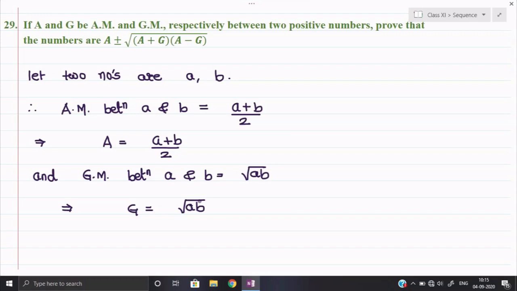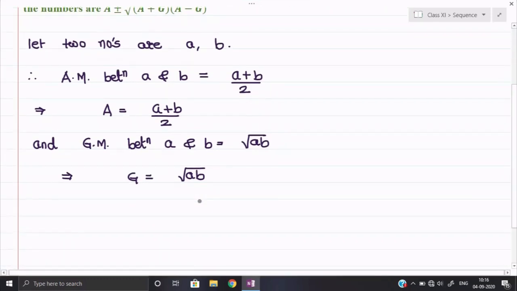However, if you see this question's solution in some other books, you will find the solution is a bit lengthy, but if you approach it in a simpler manner, then we shall do one thing. We shall keep the values of capital A and capital G in the expression, and we shall try to simplify. If we get the answer as small a and small b, we can conclude these are the values of those numbers whose arithmetic mean and geometric mean are given to us. Okay, so let us see how we can simplify.